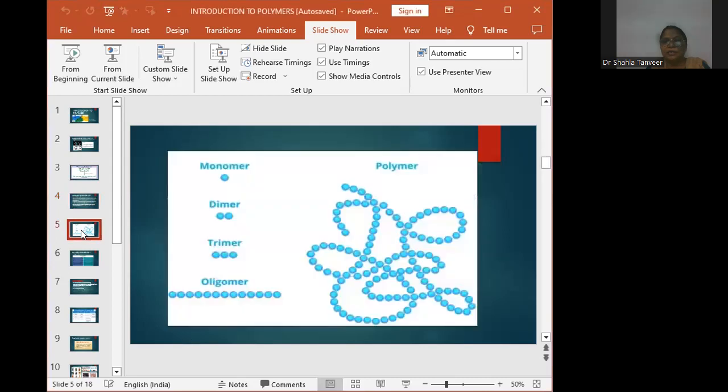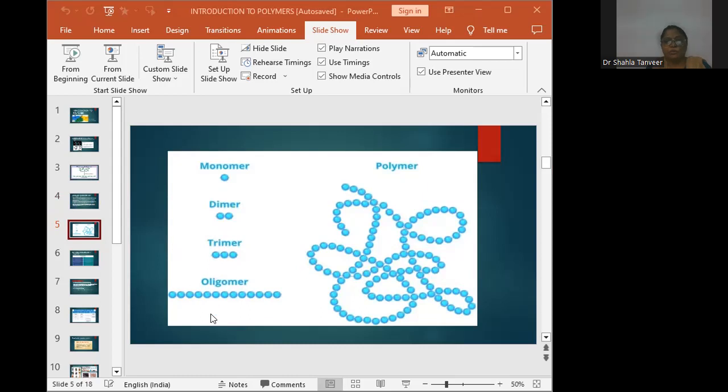Now in the next slide, some pictures of monomer, dimer, trimer, oligomer and polymers have been shown here. So you can see this slide. By looking into this picture, one can make out the difference in all the molecules. Monomer is a single molecule, a small molecular weight compound. In dimer, two monomer units are joined together. In trimer, you can see three molecules of monomer are joined together. In oligomer, few units of monomers are joined together. But in the case of polymer, a large number of monomer units are joined together to make a large